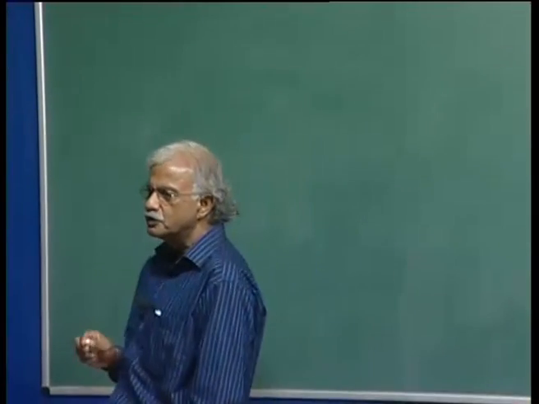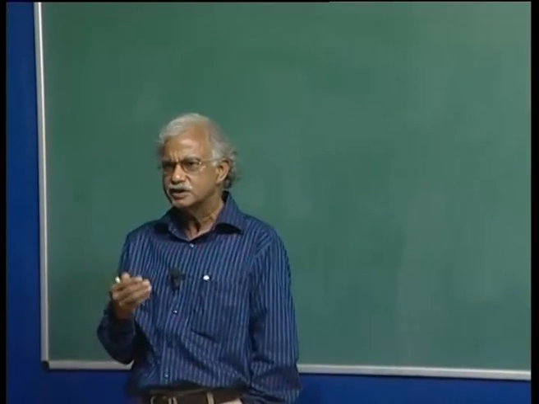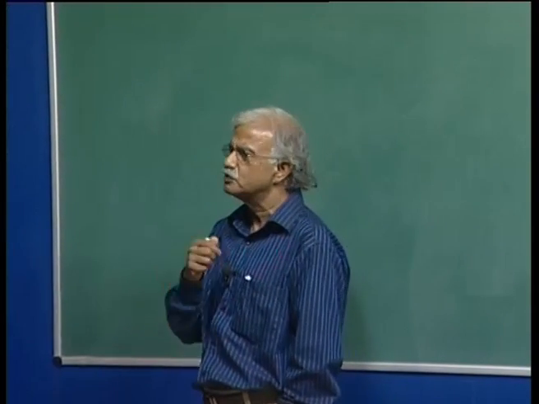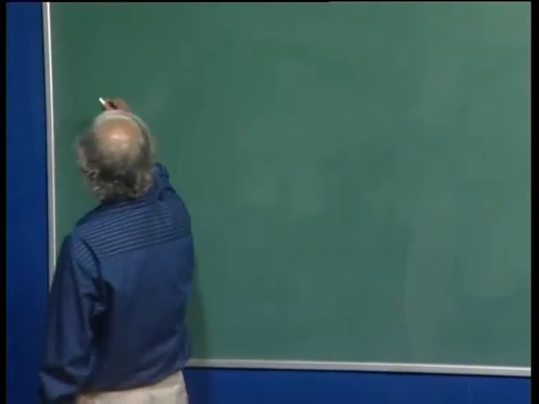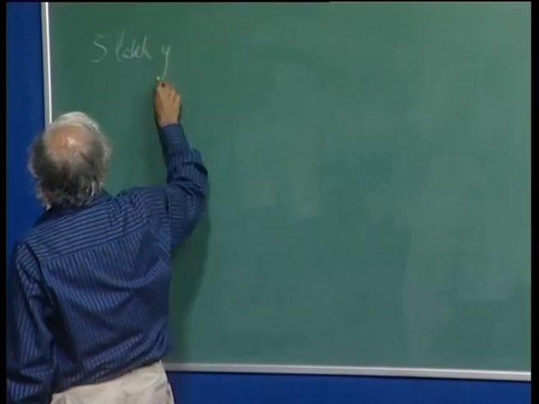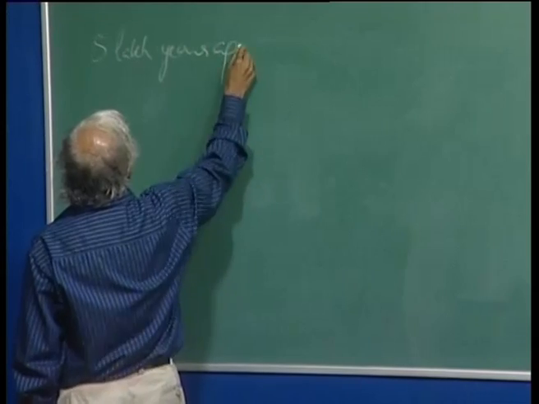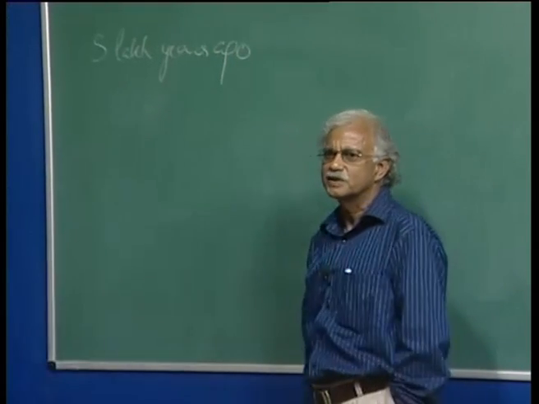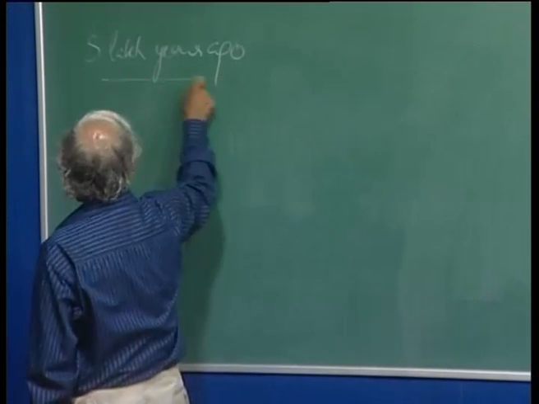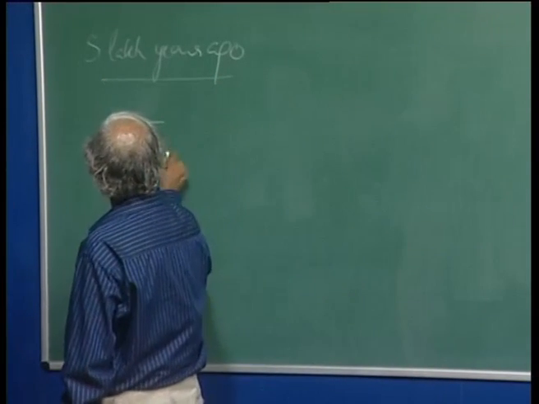We do not exactly know when man first appeared on this planet Earth, but suppose we say that it was around 5 lakh years ago that man first appeared on Earth. And suppose this history of 5 lakh years can be divided into a number of parts,